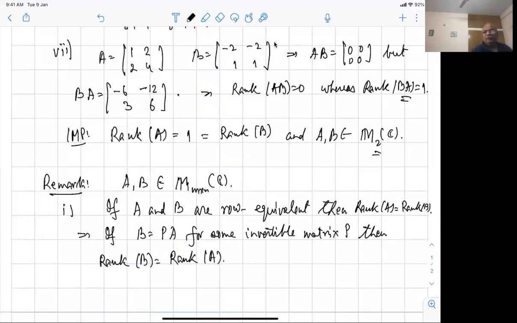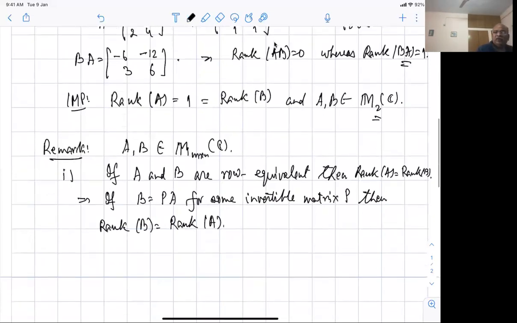That is, whenever I multiply on the left, the rank does not change. It turns out for the right also, but whenever I multiply on the left by an invertible matrix, that's important, I missed that part in the first part. Whenever I multiply a matrix A on the left by an invertible matrix, the rank does not change, and on the right it may or may not change depending on what we have, all right. So here P is an invertible matrix, very, very important.